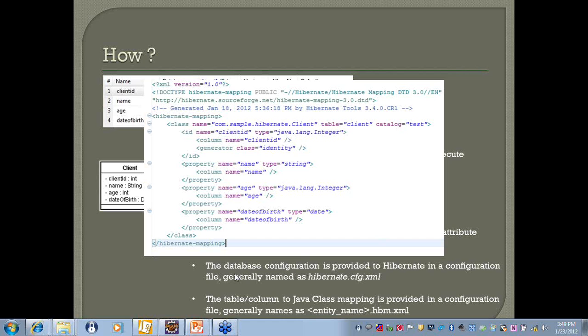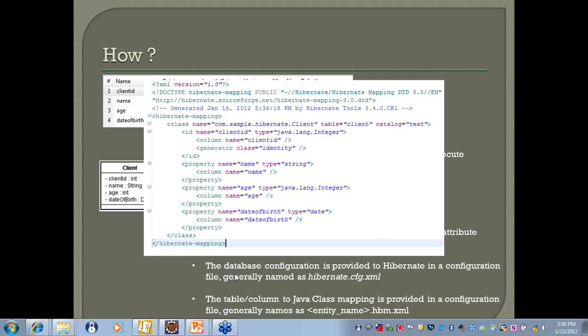So you might want to leave it to the database to generate your primary key. You might want to have your own algorithm to generate the primary key, or you might want to use standard algorithms like high-low generators, etc. So Hibernate gives you full flexibility of using any sort of ID generator which you like. You can plug in your own ID generator if you like. In this example, we've used the database auto increment column.